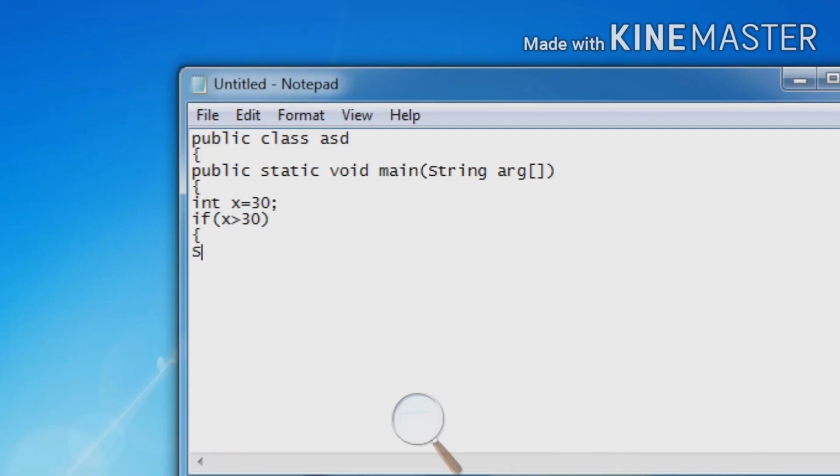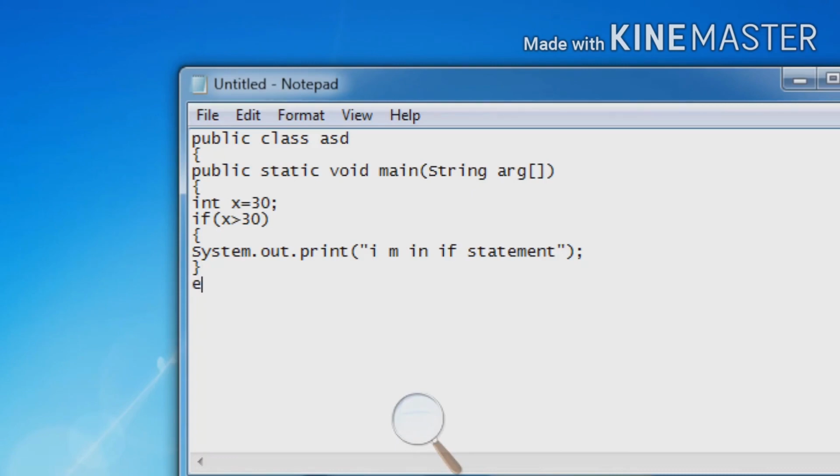Print any statement using System.out.print. Now bracket, within the bracket in inverted commas, I am in if statement. Inverted comma close, bracket close, semicolon, enter. Close the if statement using curly braces. Now enter.